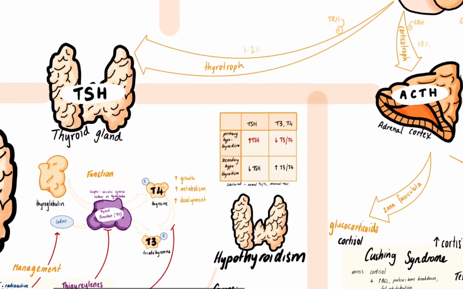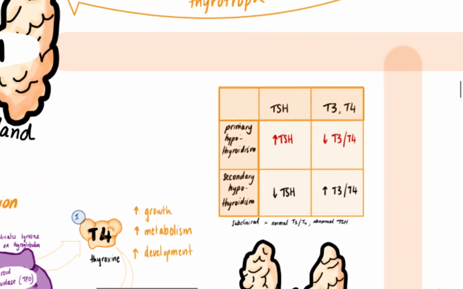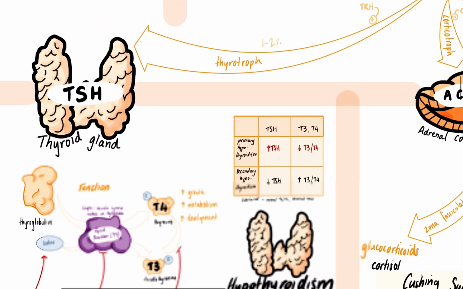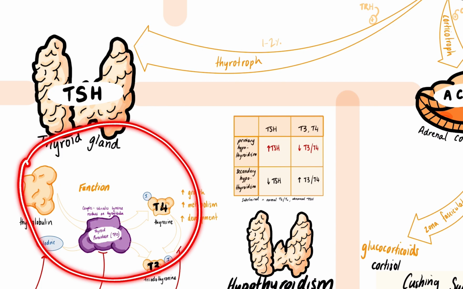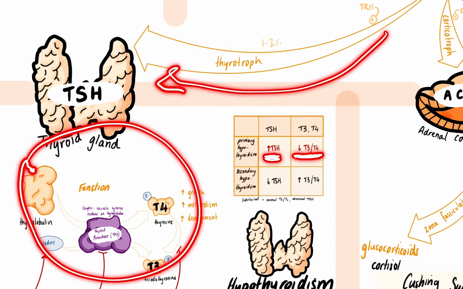So if we have primary hypothyroidism, which is where we have a reduction in the thyroid gland's ability to produce T3 and T4, we are going to see decreased levels of T3 and T4 in the context of increased TSH,